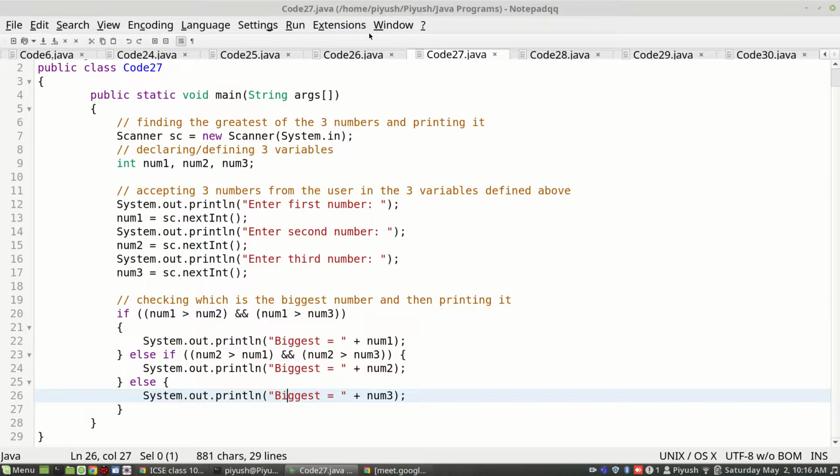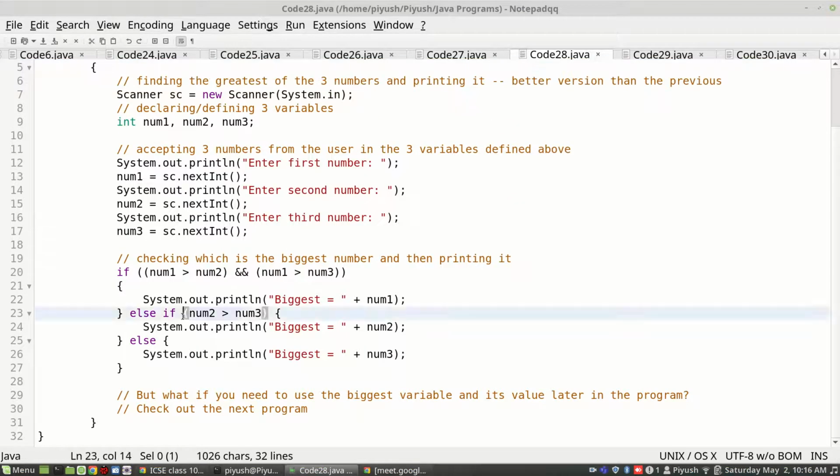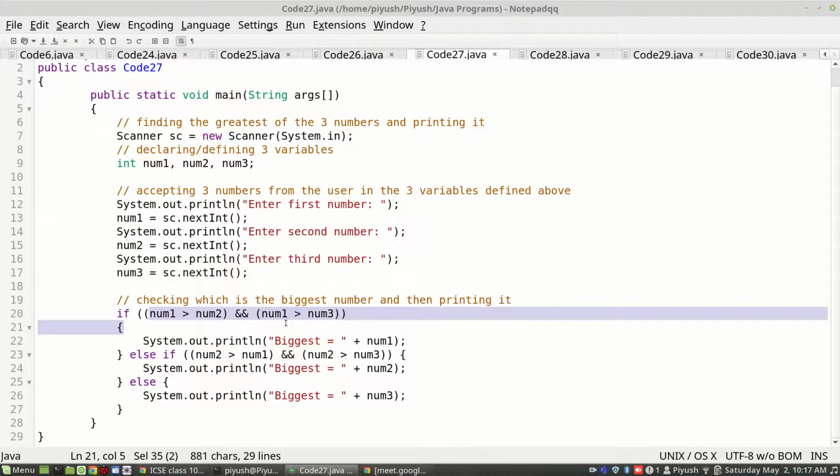Now we improved upon this program by reducing one condition check in the second else if. Why? Because if the program execution comes to this else if, that means the first if condition was not true. So num1 was definitely not the biggest. Therefore, we don't need to check num2 with num1.